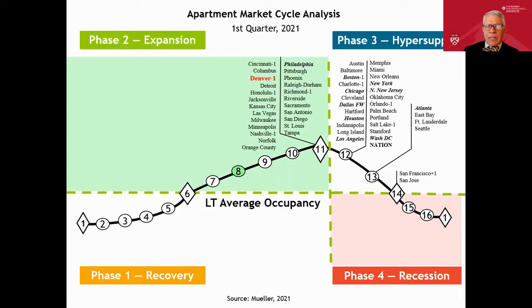And here you see Denver's apartment market at peak occupancy. Half the market's in hyper supply. Because apartments are easy to finance because of the government agencies being able to give you the permanent mortgage, we are oversupplying in a lot of cases. But now with housing prices having gone through the roof, I think this may change, and a lot of these cities will move back into the expansion phase.